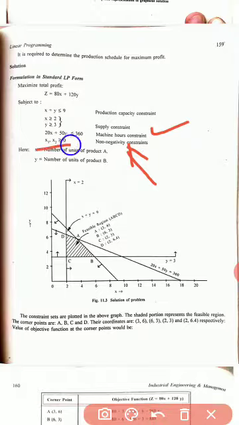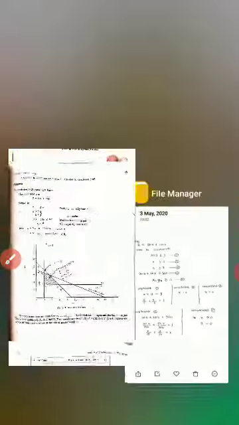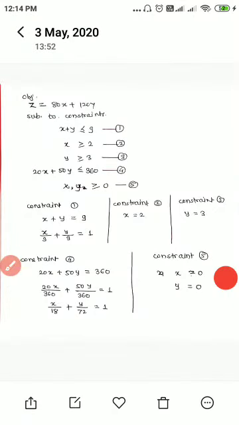So here is a print mistake. Here they have written x1 comma x2, but it is actually x comma y. And here, see, is the solution of this numerical. But now we are going to see how we can get this solution with the graphical method. So let's start with the numerical.